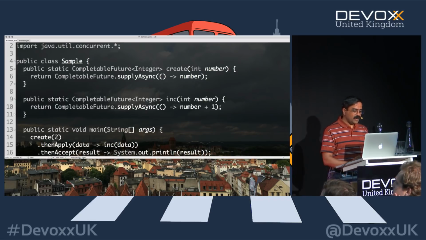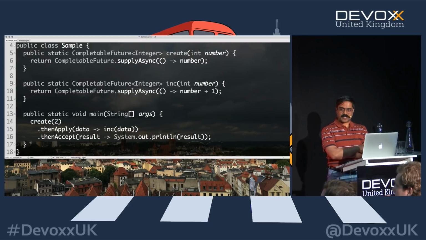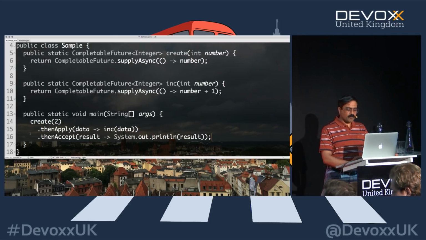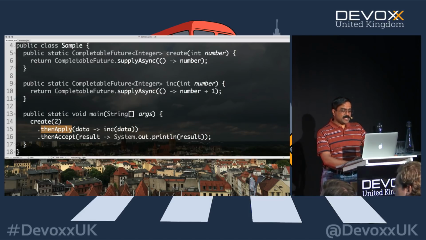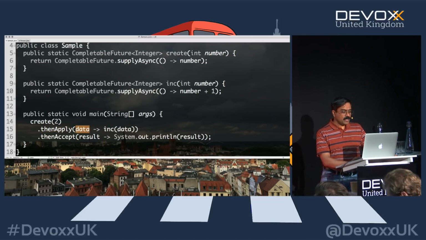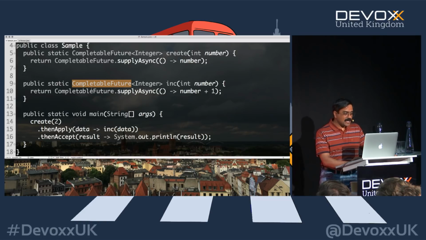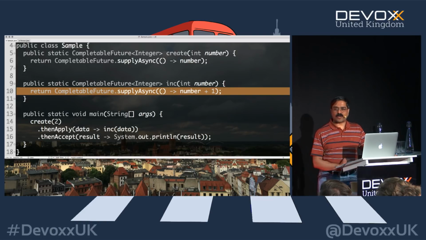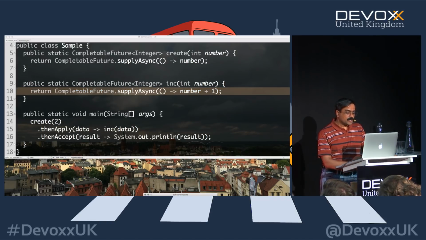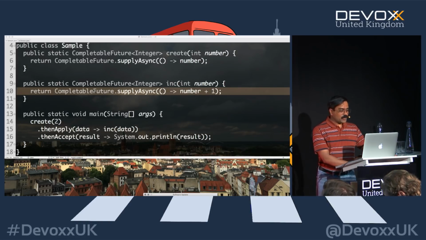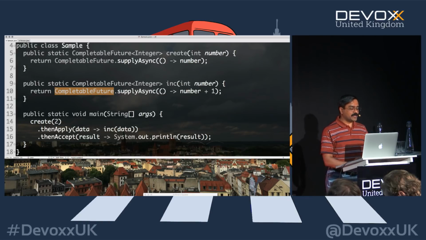Now, this is pretty ugly, isn't it? What's wrong with this? If you really think about it, you'll probably be surprised. This returns a completable future. Then this takes the result from that future and calls inc. Inc is not returning a result, but returns another completable future to say, I might take time and work on this and get you the result later on. So as you can see right here, it says, I'm going to return this to you in the future.